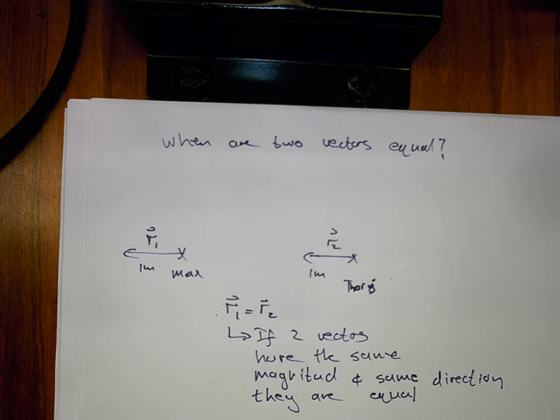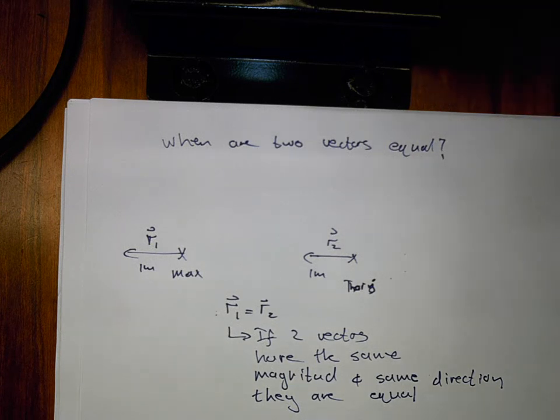So it's a funny thing about vectors, it doesn't matter in what frame of reference you work, they don't have to be originating at the same point. Two vectors are equal if they've got the same magnitude and they've got the same direction. So that's the only condition for two vectors to be equal. Right, so